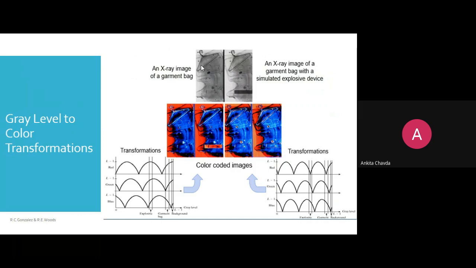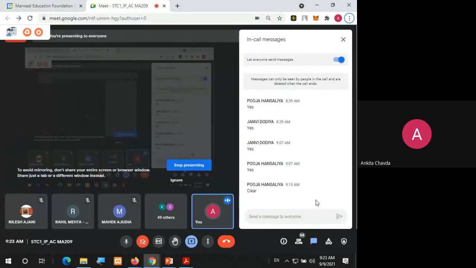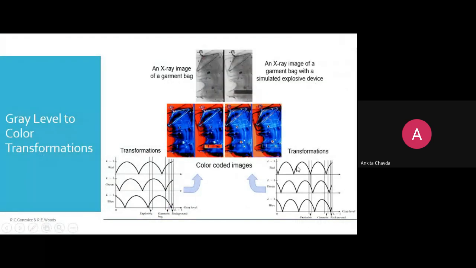This example is a longer one, maybe we won't be able to finish, but this is the X-ray scan image of your luggage. Whenever you go to the airport, your luggage goes through the scan. If they find any kind of explosive or anything suspect that could be an explosive, then they will ask you to open your luggage, right? So here, this is the baggage with an explosive inside.